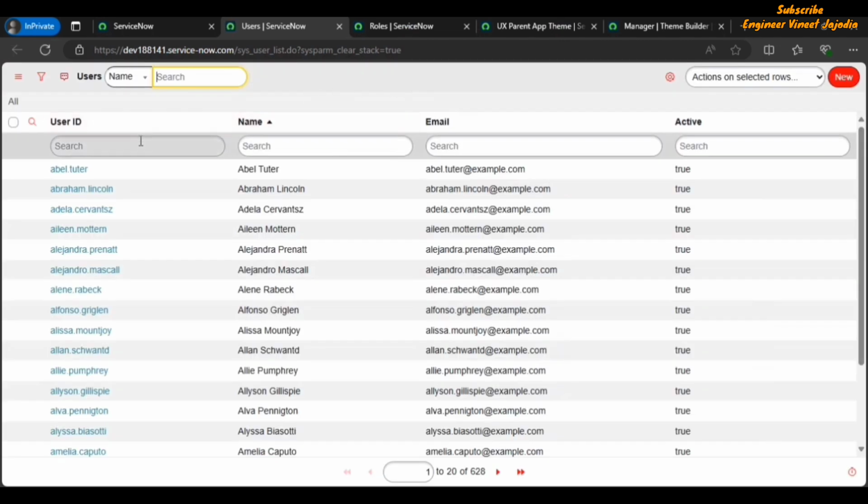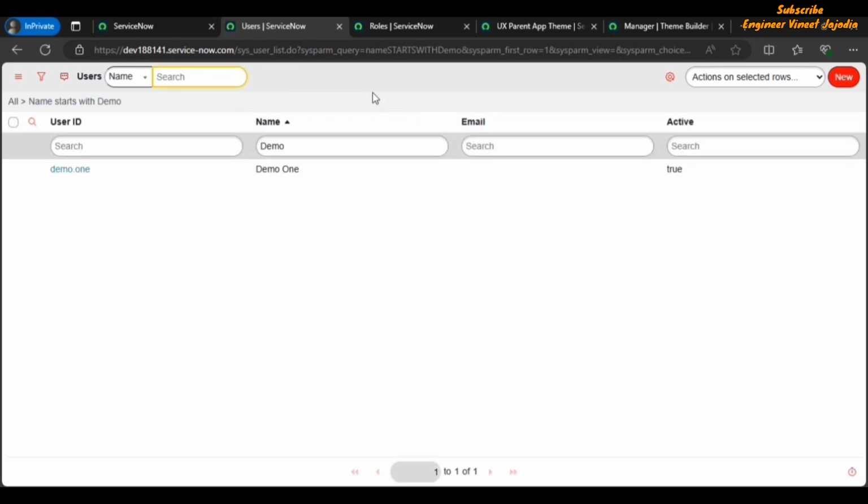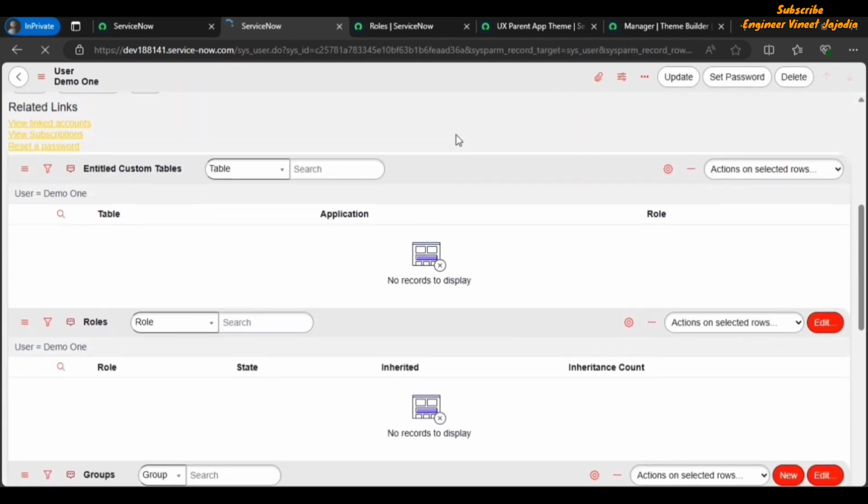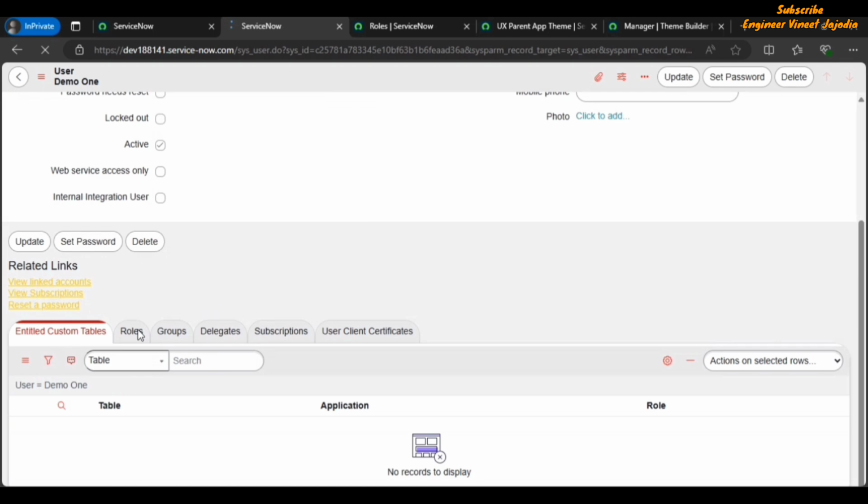It will open list of users in a new tab. Okay, we have already created a demo user, so we are going to open that demo user record, and if we scroll down, we are going to go to roles,